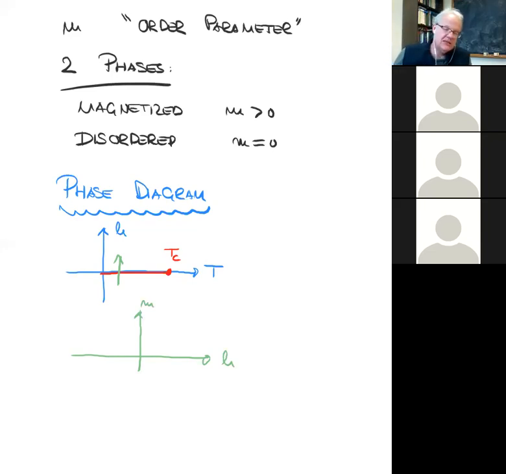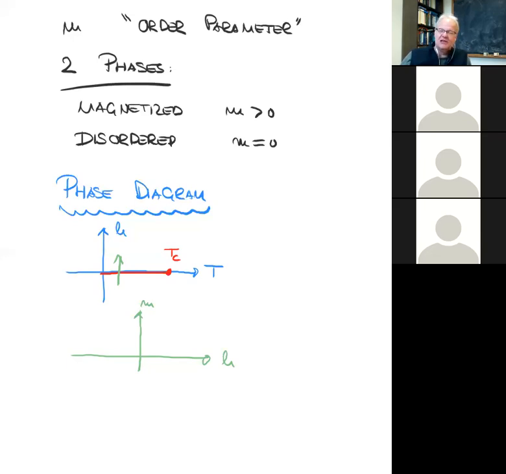So I'm in a system that's magnetized. I lied a little bit earlier when I said there's only one state where the spins are all aligned. There are exactly 2 states where the spins are all aligned, because they can either point exactly up or exactly down. And in a ferromagnet, the system somehow has to spontaneously decide what it wishes to do, whether it wants to go all up or all down.